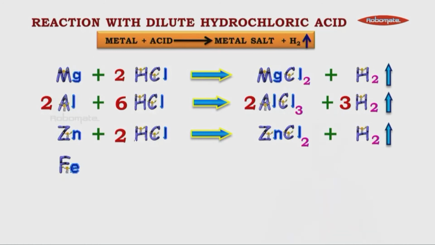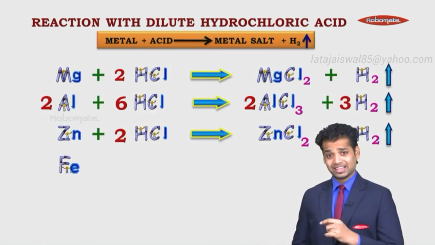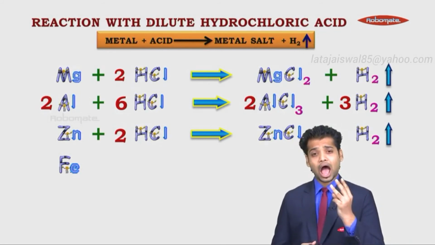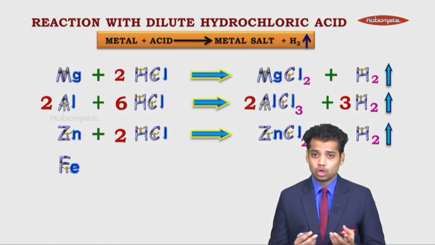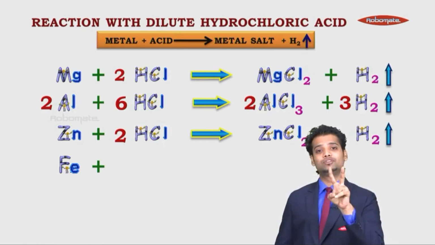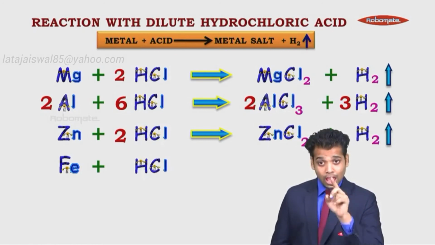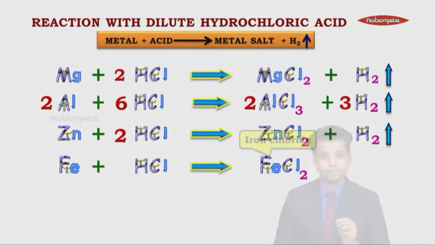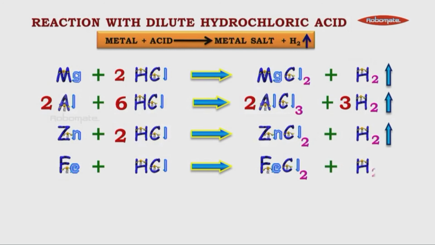Let's do another reaction of iron now. Now tell me, iron has a variable valency of 2 as well as 3. But are we heating up iron? No, we don't. So iron, when it reacts with HCl, reacts with the normal valency of 2. So iron reacts with chlorine to form iron chloride, which is FeCl2 plus H2. Let's balance this reaction. Fe is 1, 1. H is 1, H is 2 on the right hand side. I multiplied it by 2. Cl becomes 2, Cl is 2.